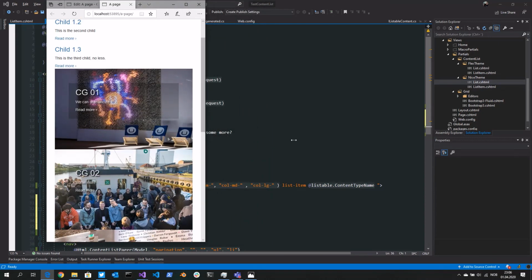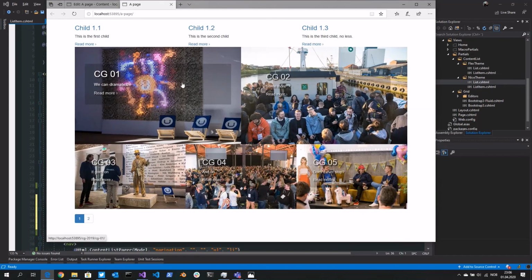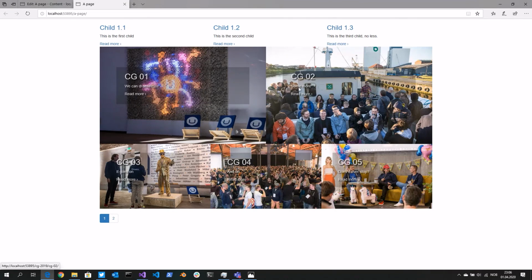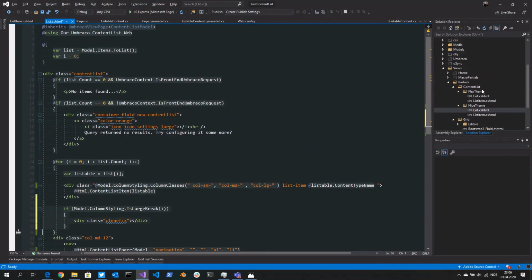So by doing this, you can make the 2 latest news items, or the 2 first items in the folder, appear more important than the rest of the stuff that you show. But there is a trick to add all of this layout as well to your back office. So what we do then is that we